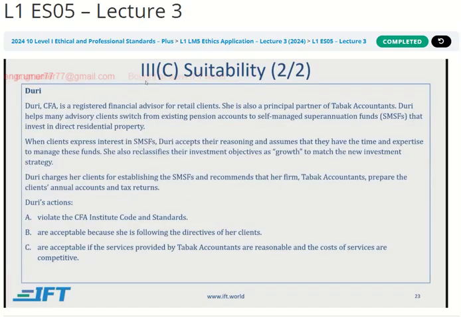The next case also has to do with 3C suitability. Dury is a registered financial advisor for retail clients. She is also a principal partner of Tabak Accountants. Dury helps many advisory clients switch from existing pension accounts to self-managed superannuation funds, SMSFs, that invest in direct residential property.